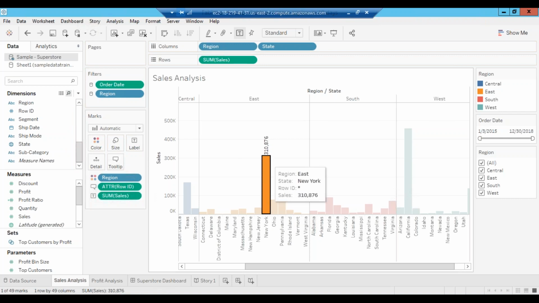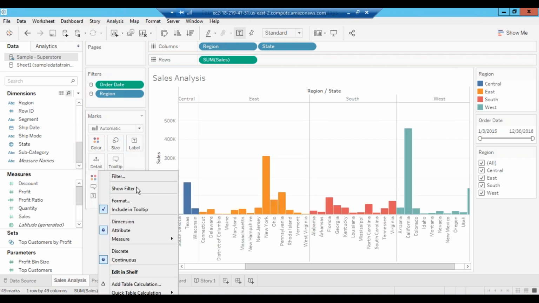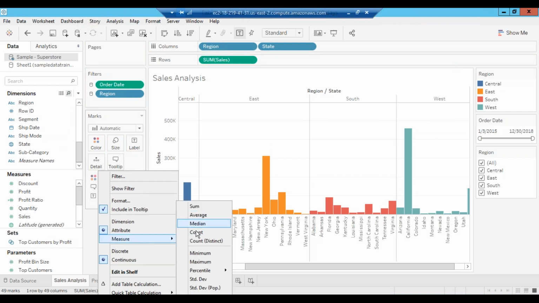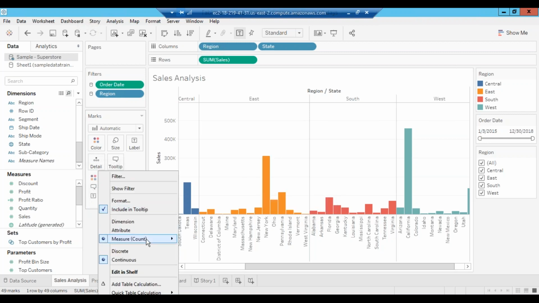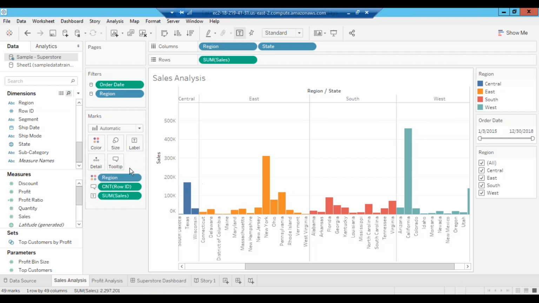Okay. So here you see row ID is not coming, so I have to modify this thing to get the row ID. This is coming attribute. So what is attribute? How to remove it? That we'll see. Okay. Total row ID 1128. Okay. So count of row ID is coming like this. So this all we have to see, how to remove it, how to use it. Because that all we see. Okay, so this is tooltip.